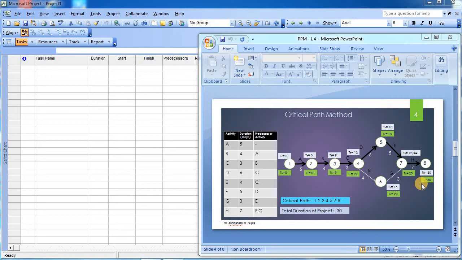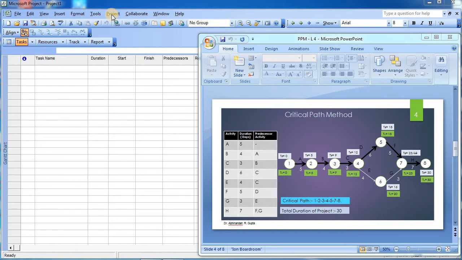Now to understand the utilization of this particular software, we will try to make this particular project in Microsoft Project Planner. By default in Microsoft Project Planner the working calendar is given, and this working calendar consists of 5 working days. Since the 30 here is the total count of working days only, it is not counting the holidays, so it hardly matters whether the standard calendar consists of 2 weekends or not.